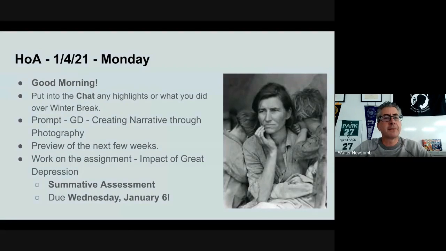And so that frees up a little time, and we'll focus on the Second World War, and we'll look at it from the lens of the Americas, and more specifically the lens of the United States in that Second World War. And that will take us all the way to the end of the trimester, which is January 21st.